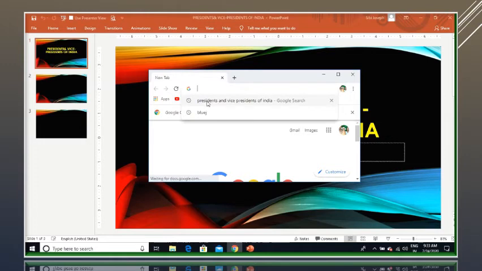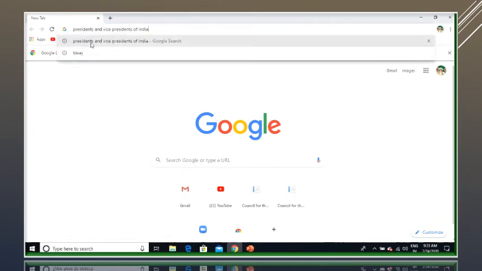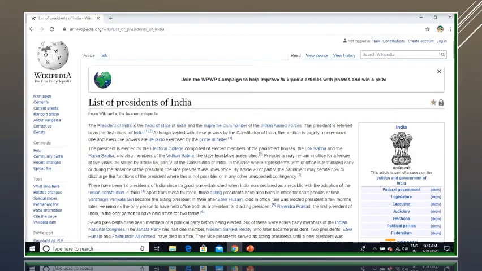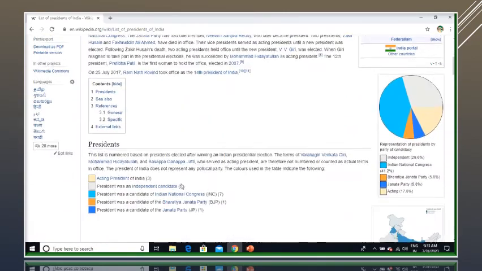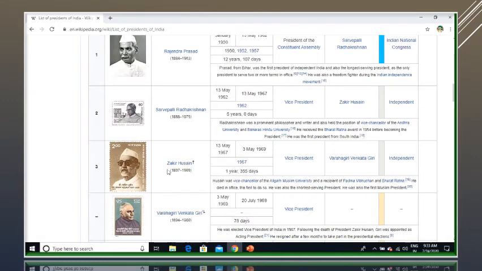I write the search topic here, Presidents and Vice Presidents of India. Yes, I need to collect information on the topic, the former presidents and vice presidents of India, their terms, all this. Now, I need to work with these two applications at the same time.